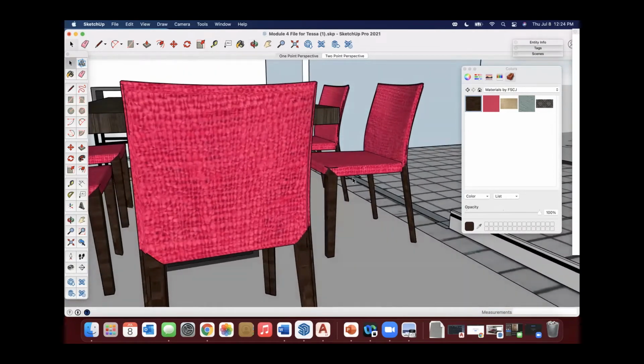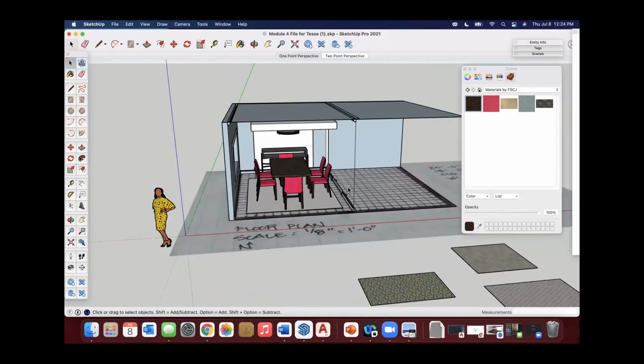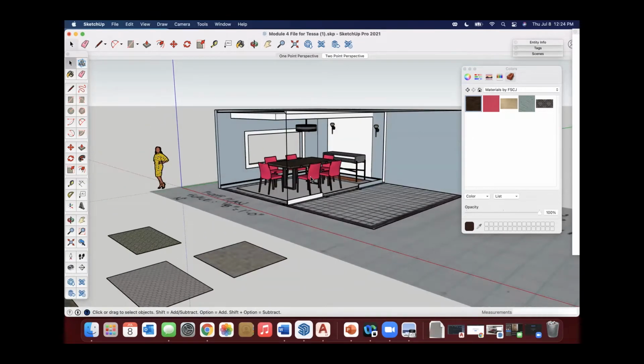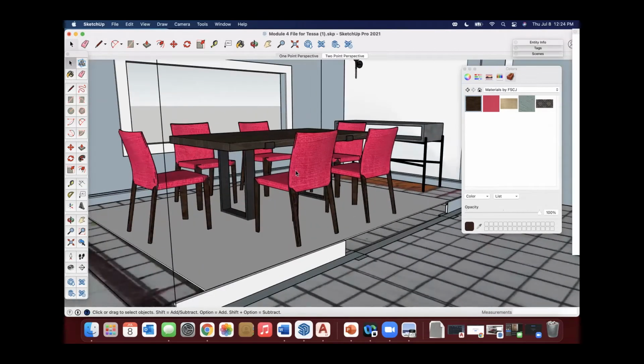And now I can see that we've got the pink of the fabric on the chair and we have the table leg. And so we can start to see that come together. Now, this fabric does not have a pattern repeat, like a vertical or a horizontal. That would be important. If we were doing this, we would have to edit that and make it appear appropriately on this, but this is nice because there's no real pattern. We're just seeing the texture of the material.